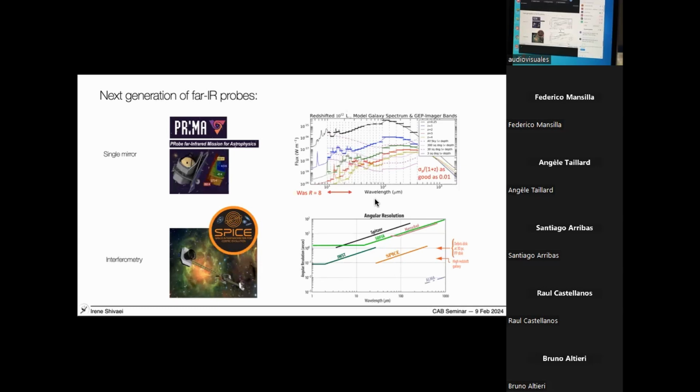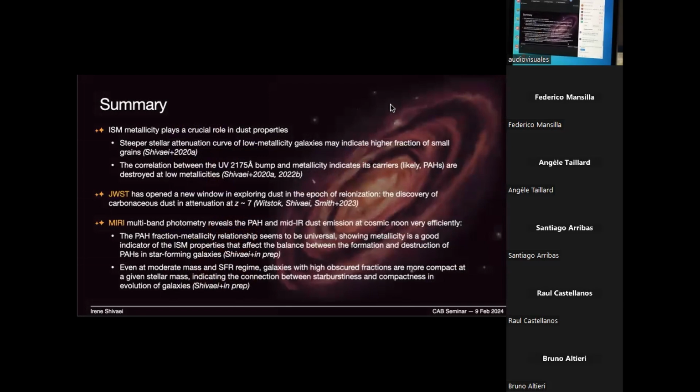One of them that I'm very excited about is a far infrared probe in space. There are these two concepts that I worked on in the past couple of years, PRIMA and SPICE. PRIMA was actually submitted as a concept last year to NASA, and we'll hear about it, I think, in summer. But it's a cold, single dish mirror observing in far infrared. So we will be able to extend all of these studies to much higher redshifts close to the reionization epoch. And with that, I will leave you with my summary slide.